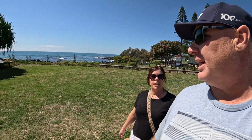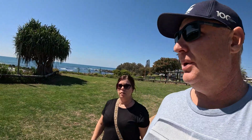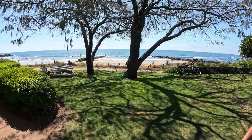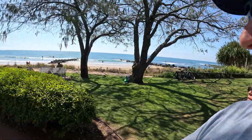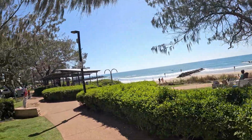Here we are at Bargara. Bargara is only about 8 minutes from Bundaberg, and we're a bit surprised how beautiful it is. It's got these beautiful beaches, people swimming. There's no croc signs or anything, but yeah, it's